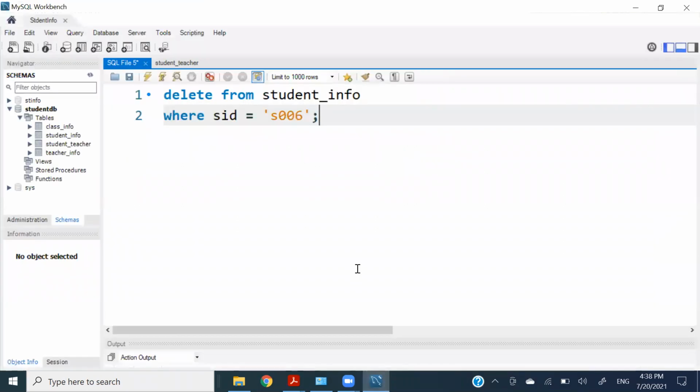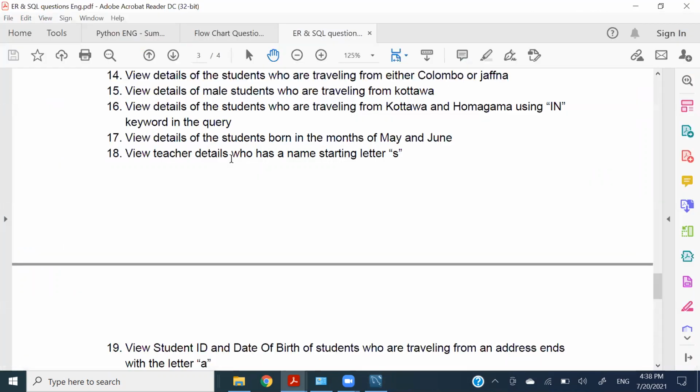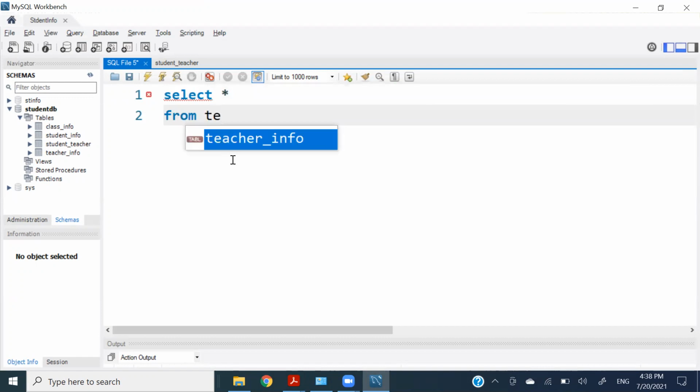So we know it is in the teacher info, right? So we can say select, I'm sorry, not select teacher info. Select, they are talking about all the details, right? Yes. So select asterisk from teacher info,